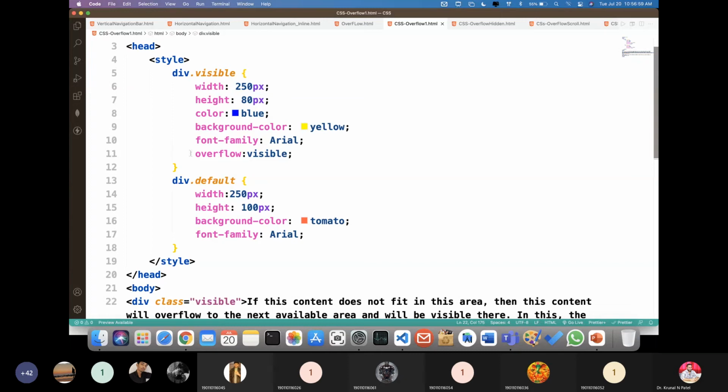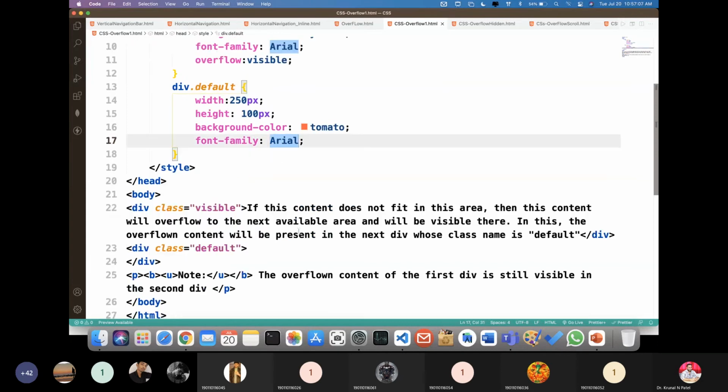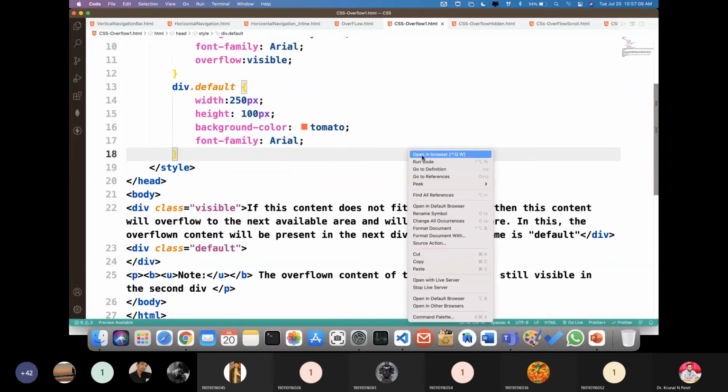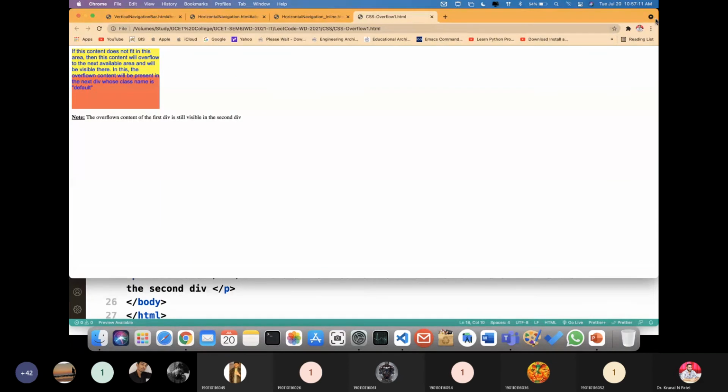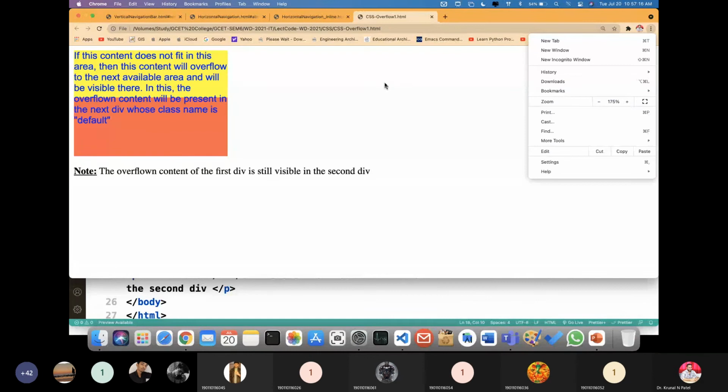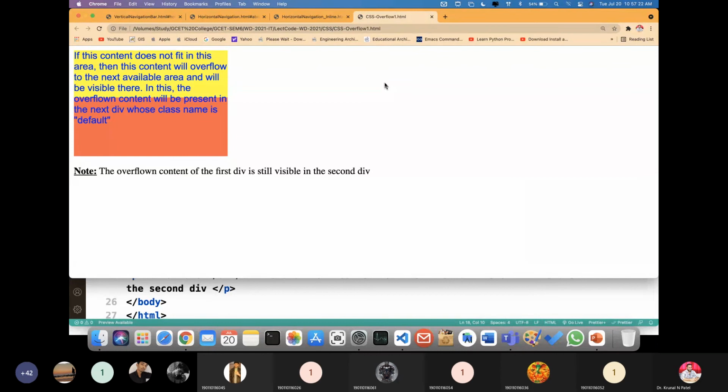Here I have set overflow equal to visible. Let's look at this code. If I run this code, you can see the same example I showed in the PPT, which I have created over here.